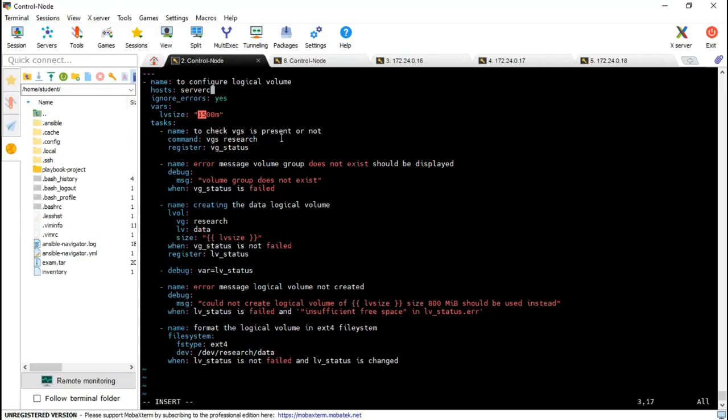So how do we check whether the VG is present? We have the command module. With the help of that, we will run vgs research and store that output in vg_status, right?